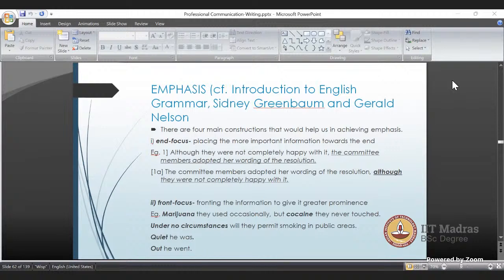Because this is not an ordinary piece of writing. This is a persuasive piece of writing, wherein the writer wants some sort of action to be initiated. This is a serious issue that they are addressing. So, things usually strictly in English, okay. What the style is when you want to emphasize, when you want to throw prominence onto something, when you want to bring attention to something, when you want to bring focus onto something, the idea is that you bring it to the end. Okay, you place the end crystal clear